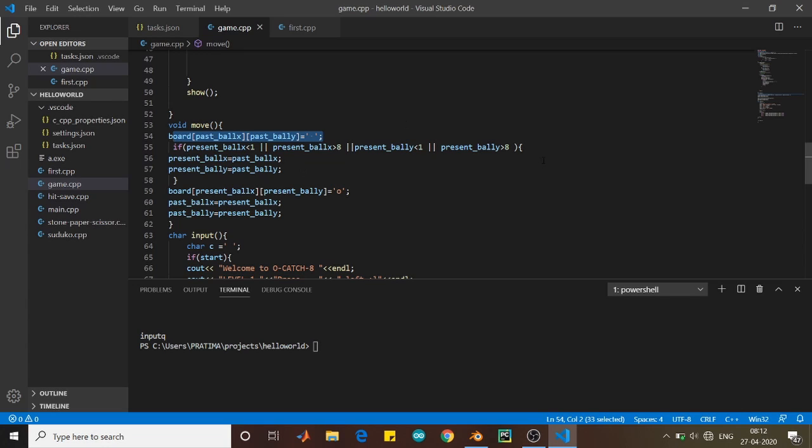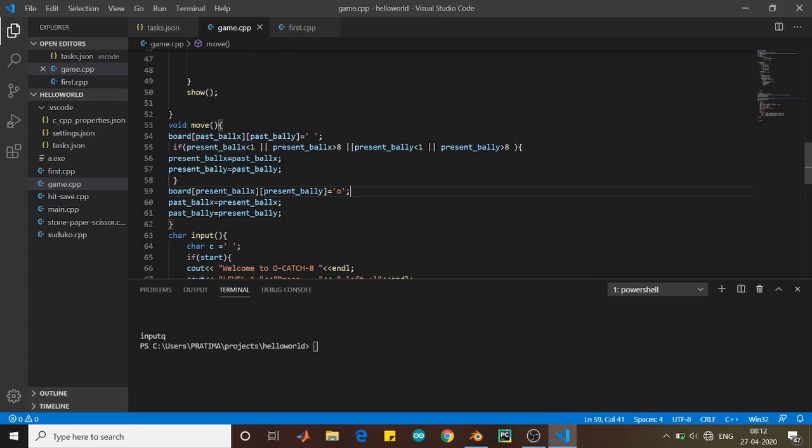The similar thing arises here, which arises in our board look format, that it should not be less than 1 or greater than 8, because if it becomes less than 1 or greater than 8, it will start to touch our boundaries. So that condition is required. If the user who is typing left, right, up, down tries to move to the border, the present ball position should equal the past ball position. You can also make it a game over when he tries to touch the boundary. This is the condition of touching the boundary.